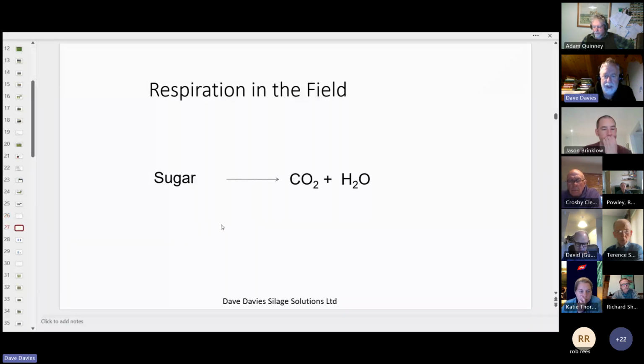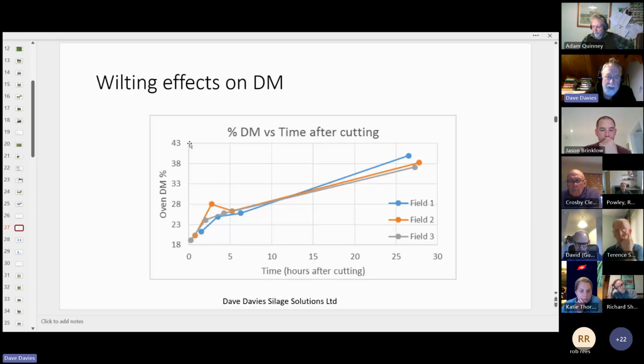So this was a field study that I did some time ago on a farm not far from Aberystwyth. Cut at around 10 in the morning, 3 fields here, and they actually picked it up around 2, 3 o'clock the next day. So over a 24-hour wilt. And you can see the dry matter they achieved over that time was 38% dry matter. Immediately after mowing, it was around 18% dry matter. Now this farm has his own forage harvester, and I would argue, he's clamping it, his target dry matter should be around 32% dry matter. So he had the ability to pick that up after 15 hours, but he left it for a further 10,